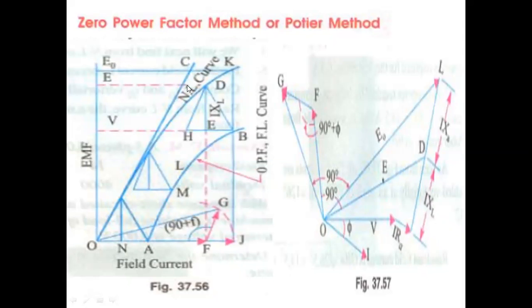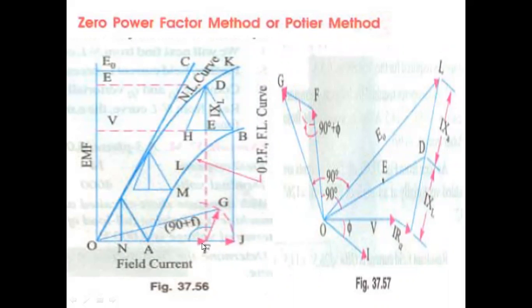Okay, so corresponding to E, this is IF1. So OF is nothing but IF1. Okay, and if you add this BE, you will get FJ. So up to J, you will get IF2. OJ is IF2, OF is IF1, right? Up to OF is IF1, field current 1. And after adding the necessary field ampere turns balancing the armature reaction, you will get up to point J. So OJ is IF2 and OF is IF1.